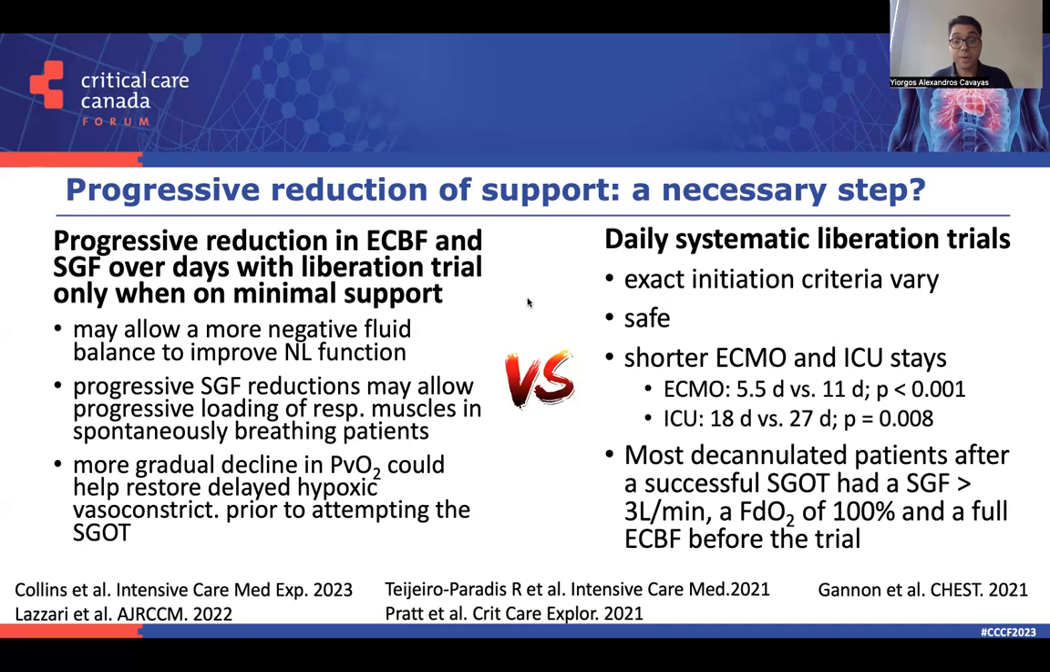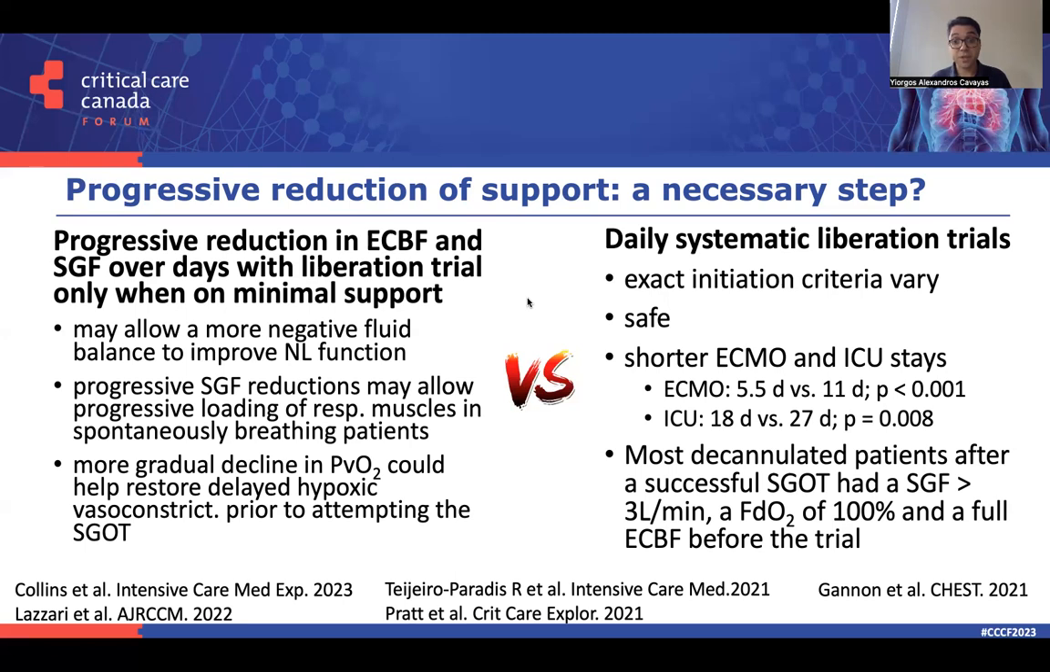The duration of ECMO support went from 11 days before implementation of daily systematic liberation trials to 5.5 days after such a scheme was implemented. And the ICU length of stay went from 27 days to 18 days. Interestingly, most decannulated patients following implementation of such a protocol,